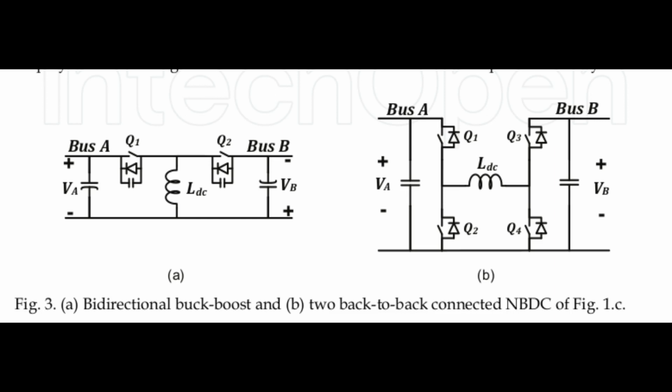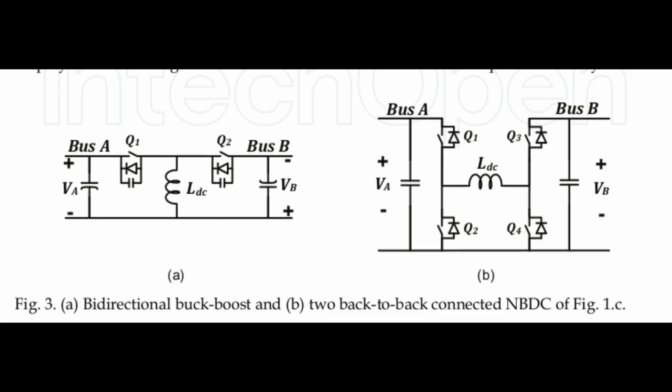So when switch Q1 is switched on, current will flow through V1, Q1 and L1, and L1 will be energized in the magnetic field. When Q1 is switched off, the current through L1 will continue to flow and charge the capacitor in the negative direction through the diode across Q2. So this way power can be transferred between V1 and V2, but the polarity will be reversed.